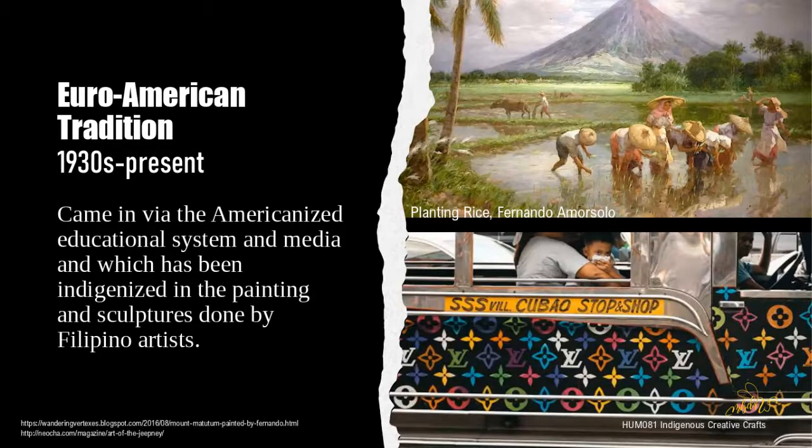We are good at that, getting from other countries, other influences, and then making it our own. So the term here now is indigenizing the painting and sculptures done by Filipino artists. Example of that, you have the Planting Rice by Fernando Amorsolo. You have the style now, and then of course, a very obvious indigenization. You have the LV pattern, and so you have here the Jeep,